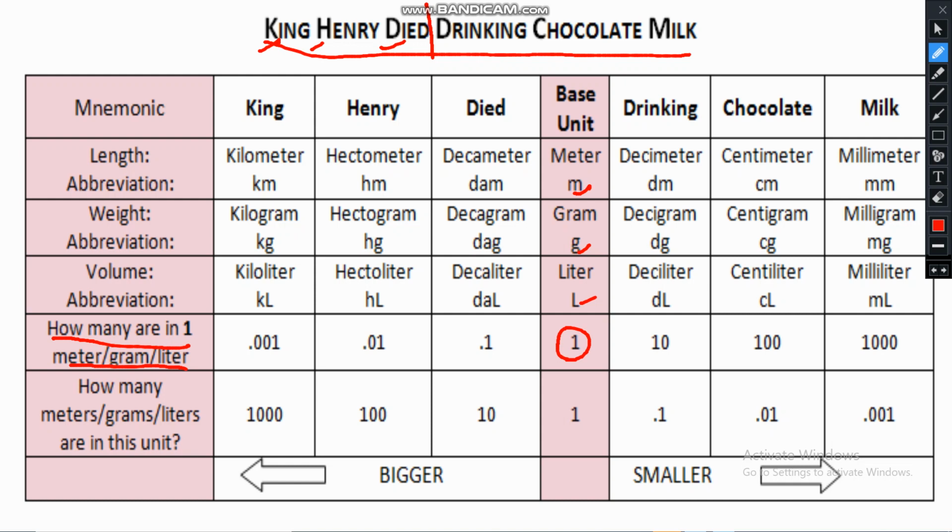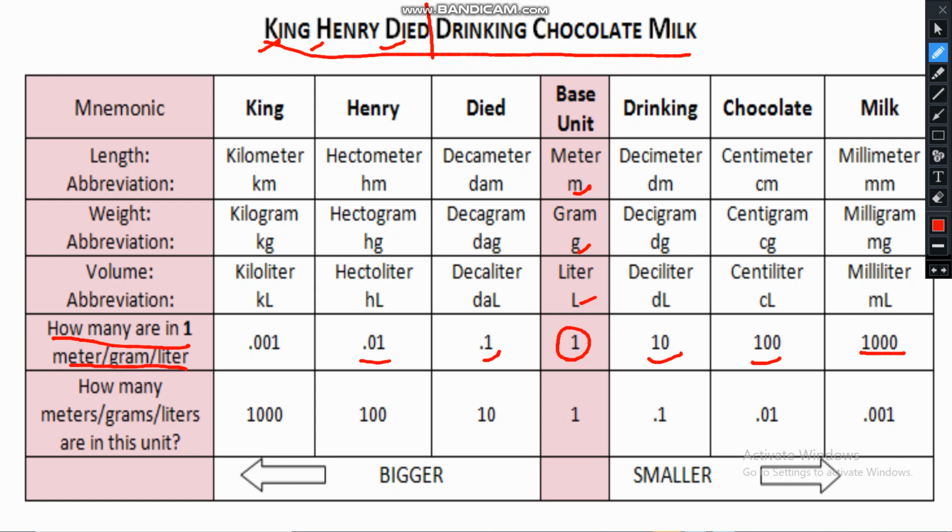Then we can easily tell that in 1 meter there are 1000 millimeters. In 1 meter there is 100 centimeter. In 1 liter there is 1000 milliliters. या फिर आप ये भी बोल सकते हो in 1 liter there are 10 deciliters or 0.1 decaliter or hectoliter. So depending upon the value you can just understand कि हमको इसको कैसे लिखना है. So higher values and the lower values.